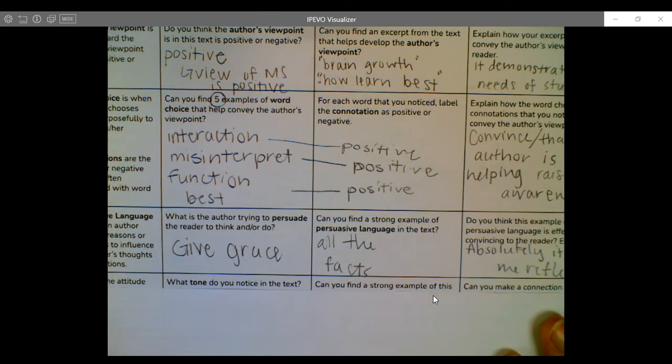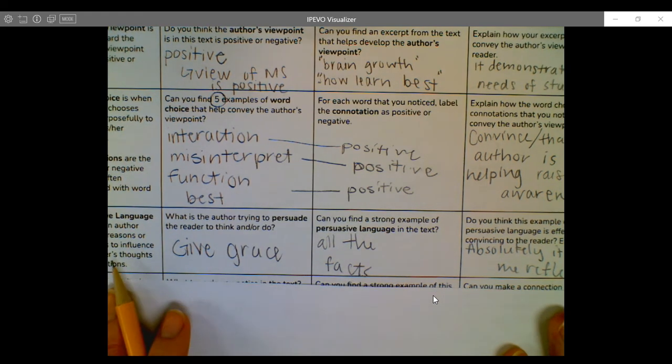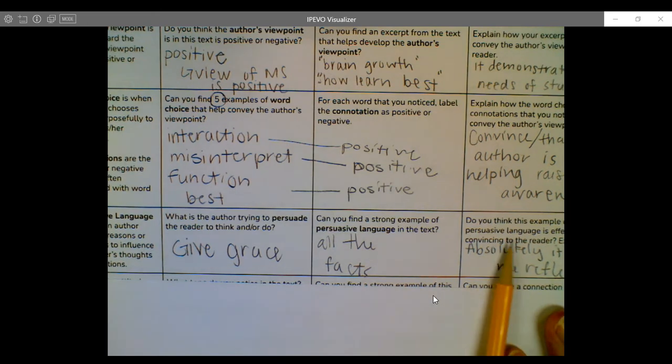And the next category is persuasive language. So I think the author is trying to persuade the reader to give grace to middle schoolers. And then the text or the support is all of the facts that they're giving. They're giving so many examples to influence my ability or my thoughts about how middle schoolers should be treated or given, things like that. And I think that it is an effective way that the author uses persuasive language because